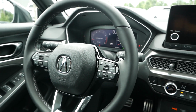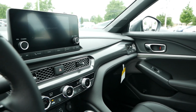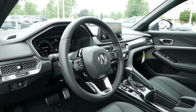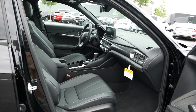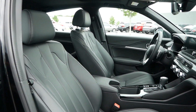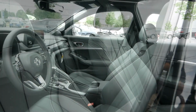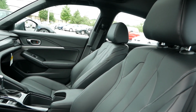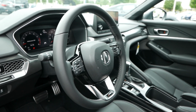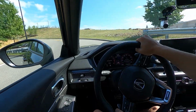This package will also include a head-up display, wireless Apple CarPlay and Android Auto, dual-zone climate control, adaptive damper control, and micro-suede inserts for the seats. Speaking of the seats, the driver's side will be power adjustable, whereas passengers will have to manually find the ideal seating position. The leatherette upholstery does feel premium, and these front seats are heated to keep you warm during the winter. Unexpected was the quality of the leather-wrapped steering wheel, which complemented the driving experience, especially on roads with twists